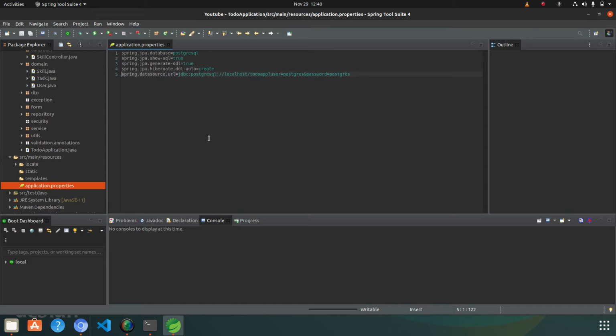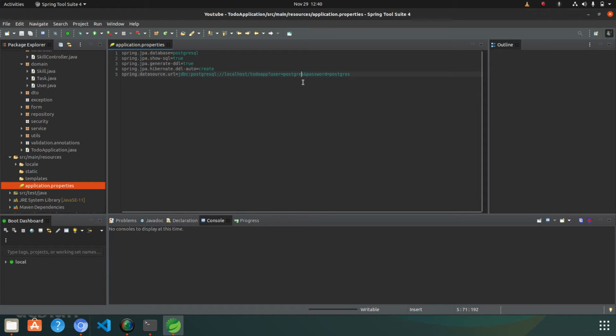After that, there will be the Spring Data Source URL. As we are going to use PostgreSQL, it will use the connection string for that. The spring.datasource.url will be jdbc:postgresql://localhost, and by default the port is 5432. If you do not provide the port, then it does not have any issue. And then after that, you will provide the database name, and using the query params user and password like this, you can provide the username and password to connect to your database.